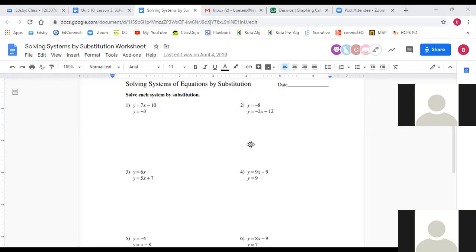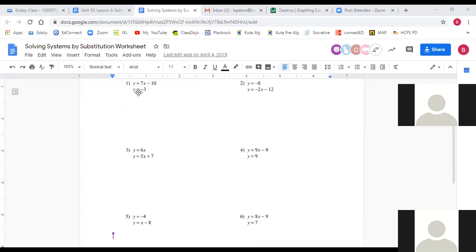All right, so I want to point out a couple of things that might look a little different with these problems. Actually, quite a few of these, okay? Notice in this problem, number 1, we've got a slope-intercept form, and then we've got just a regular y equals -3, okay? These problems are actually a little bit more simple than the ones we just did because we already know one of our solutions, okay? It tells us y equals -3, so that's part of our solution. That's the y value. So really all we would need to do with a problem like this is, instead of using full substitution in the 5 steps, when you have something like this, I'll just do this problem